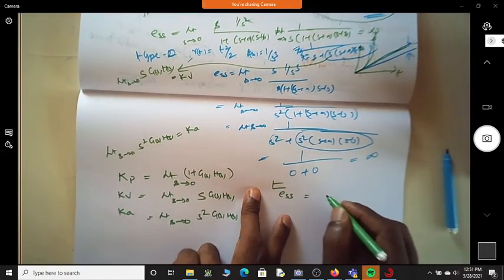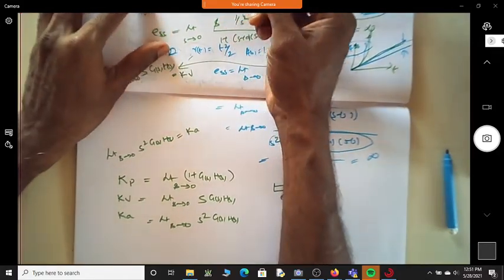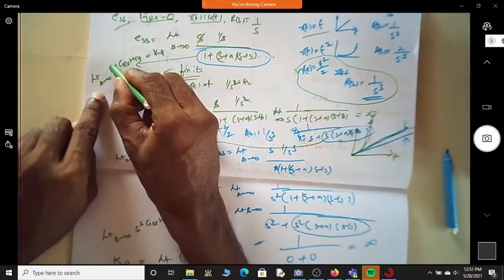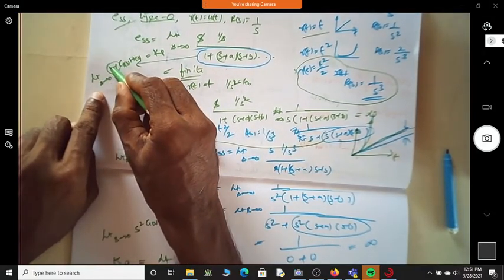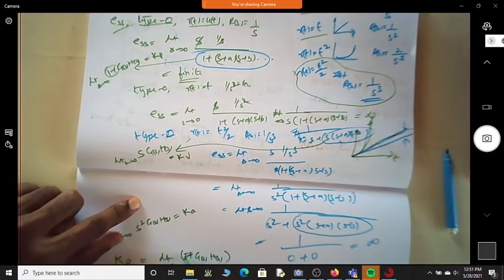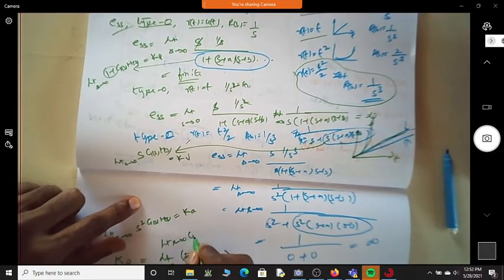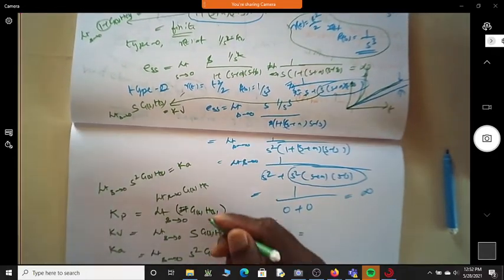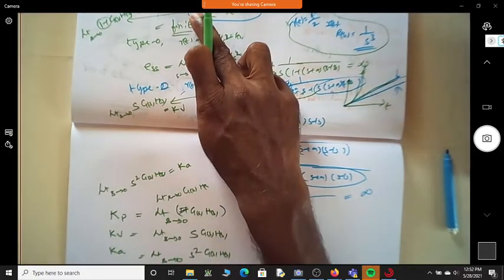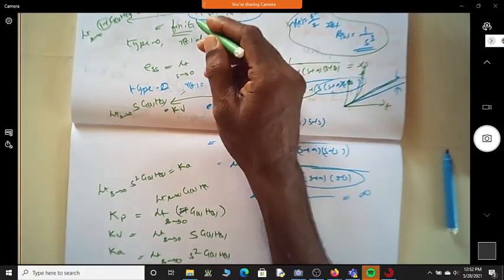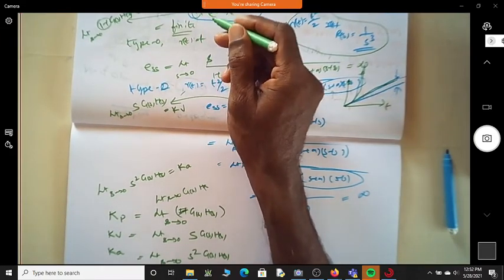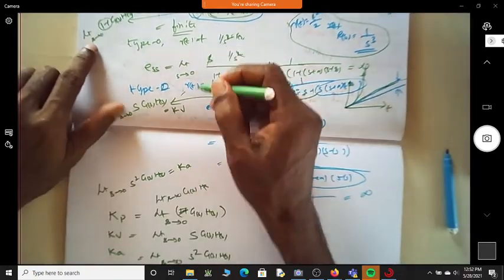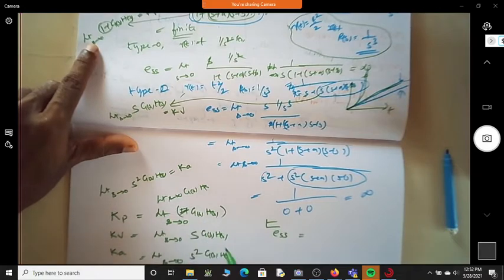Let me say, because when I apply limit of s tending to 0, since it is 1, you cannot apply the limit of s tending to 0 to it. So this is limit of s tending to 0, g of s into h of s only. There is no 1, because 1 is independent of s. Am I correct? Yes, sir. Because in that term 1 there is no s involved, so there is no point in applying the limit of s tending to 0 to this constant term. So I'll be applying the limit to this. So what is Kp now? Kp is equal to limit of s tending to 0, g of s into h of s.